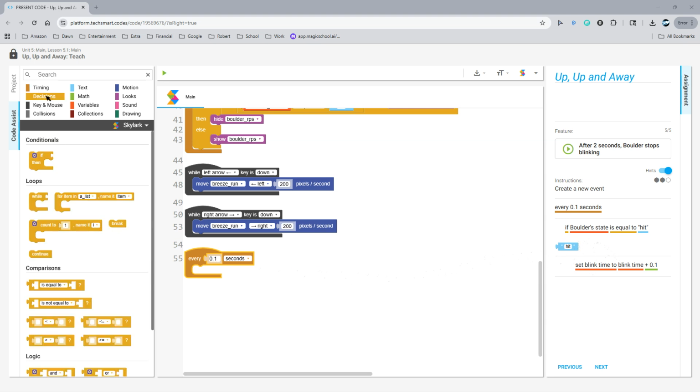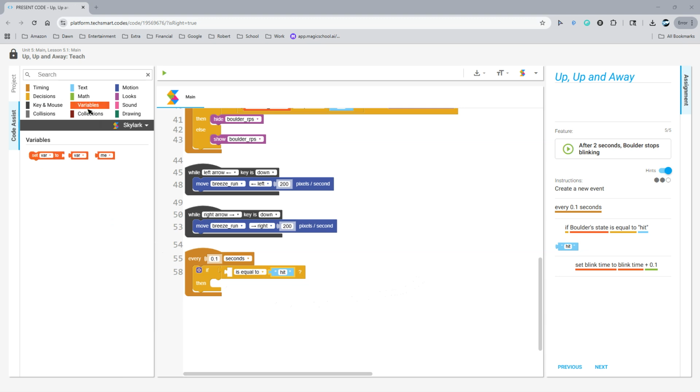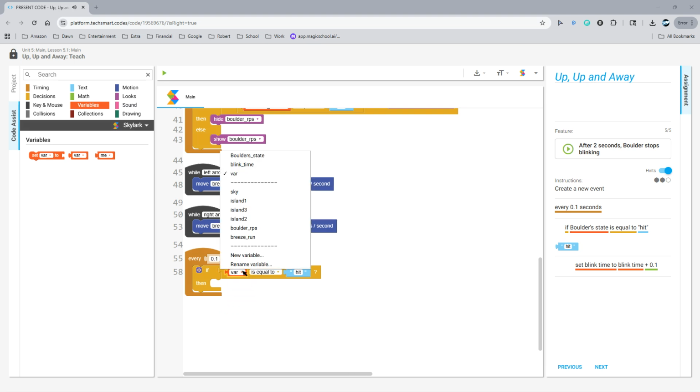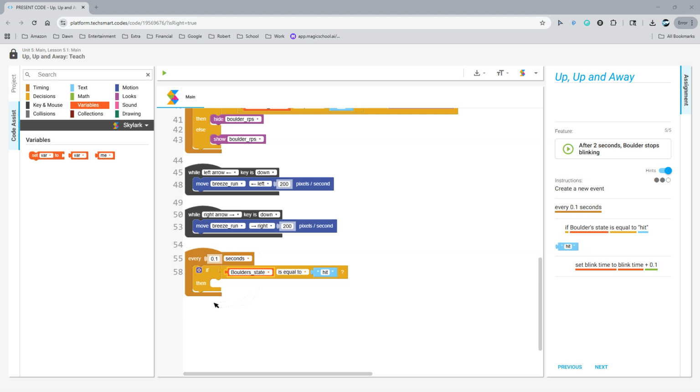And we need is equal to. So I'm going to grab the is equal to. And I'm going to grab the hit right here. We are going to go right here to variables and grab the variable where it says boulder state. Variable, push, boulder state. Now we're going to set a variable. So we're going to grab this and click blink time. Now we have blink time plus